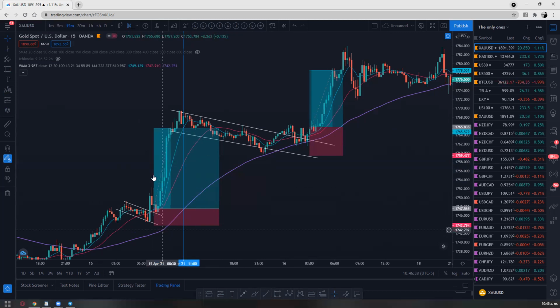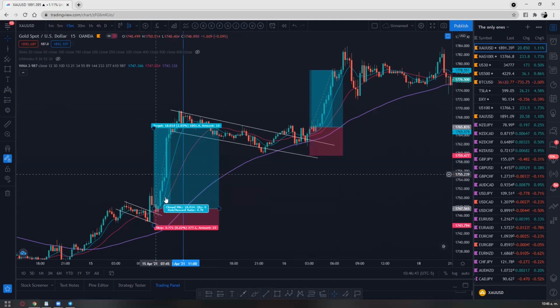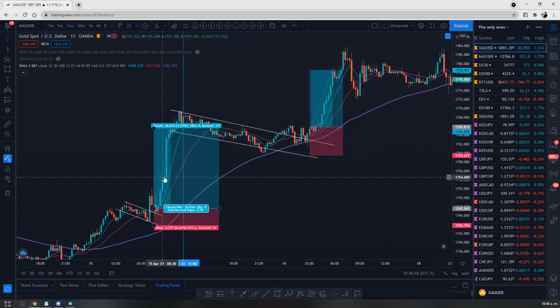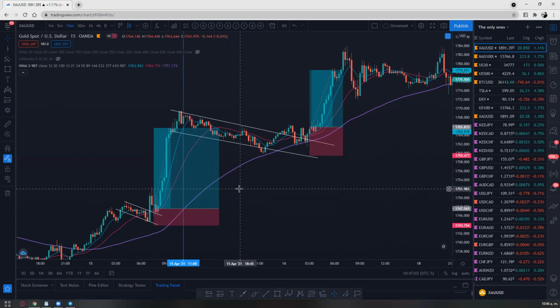Instead of just going 1 to 2, I was so mad every time I was aiming for 1 to 2 and the trend kept going up and up and up. And I was like, oh, shoot, I should have held it. Then how can I know if the price will keep going? What is going to give me the confidence to keep holding the entry? Because sometimes I happen to hold it and then the price dropped immediately and I was like, damn.